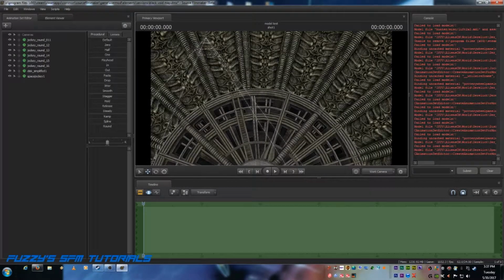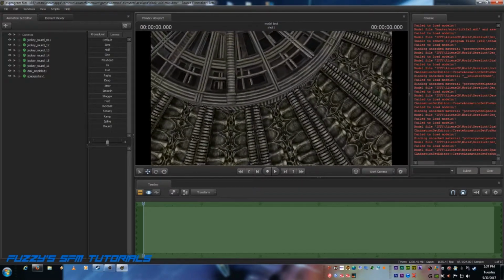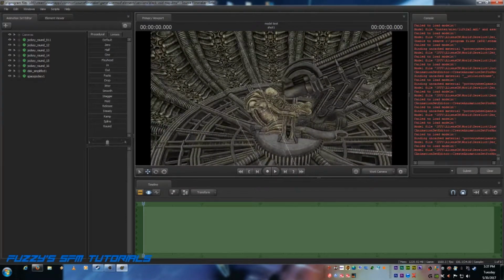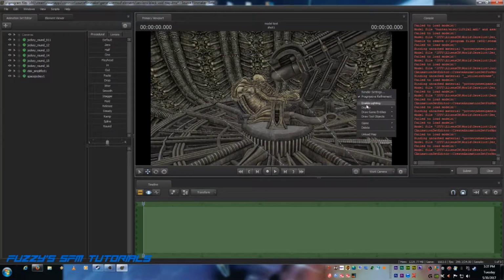Okay. We're not going to worry about the scene camera just yet. We're just setting the scene up. Now we're going to need something else to do this. We're going to need to light this, because if you right click and hit enable lighting,